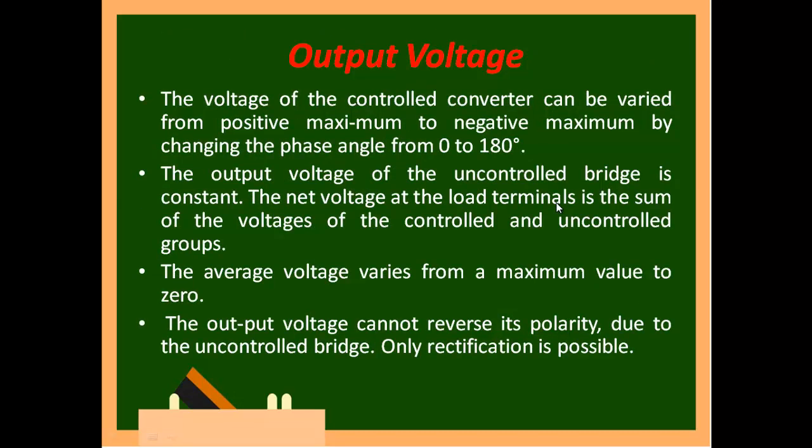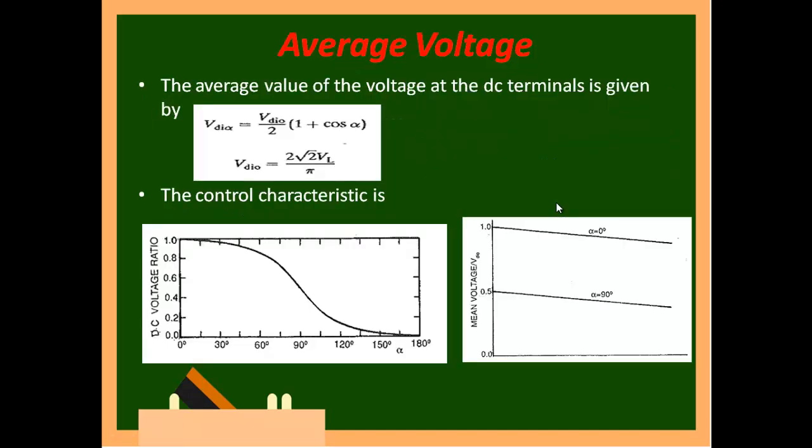So when you see the output voltage, it depends upon the firing angle, as I have told. When you vary the firing angle from 0 to 180, at 0 you get the maximum, which I told is the input voltage. If I go on increasing my firing angle, my voltage will start to decrease. At 90 it will be 50% of the voltage, and once I reach 180 the voltage will become 0. At 0 I will have the maximum, but there will be some drop, and the drop is across the device.